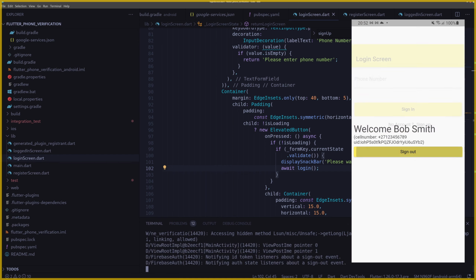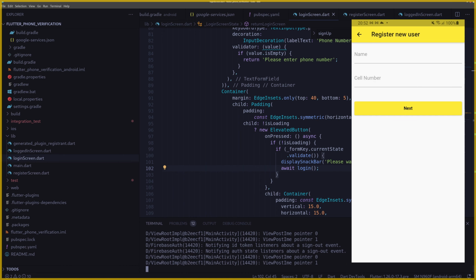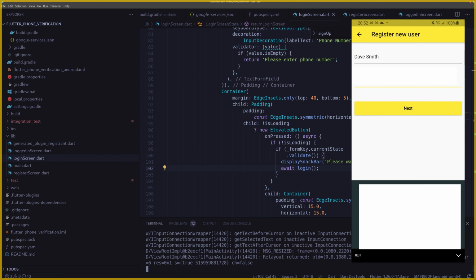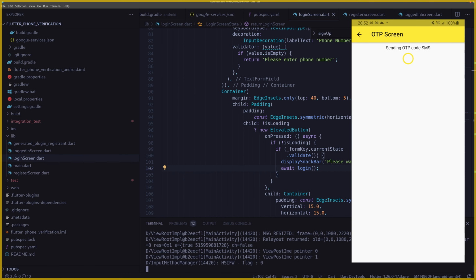We can also try this with a valid number. I'm not sure if my number will work because it was blocked previously because I tested too much, but let's try. Dave Smith, just as an example, and I'll use my actual cell number here. Obviously, I'll just block this out. Let's see if this works. If I say next,